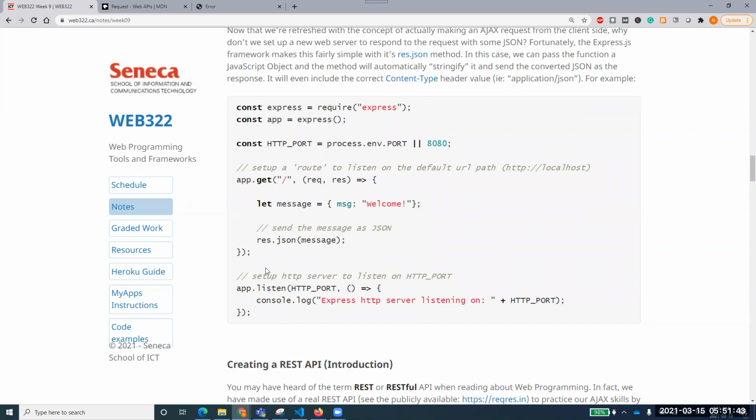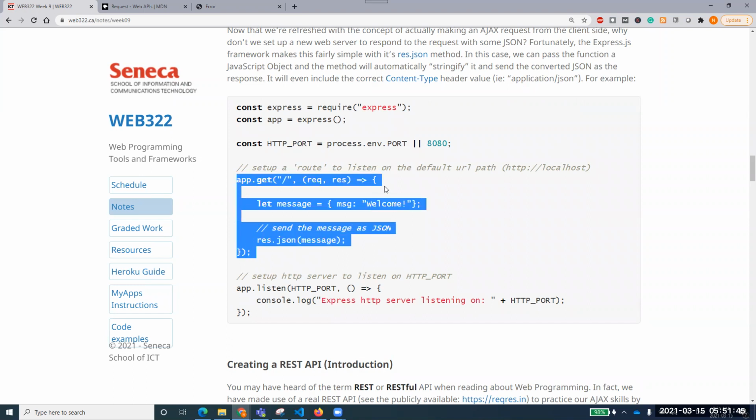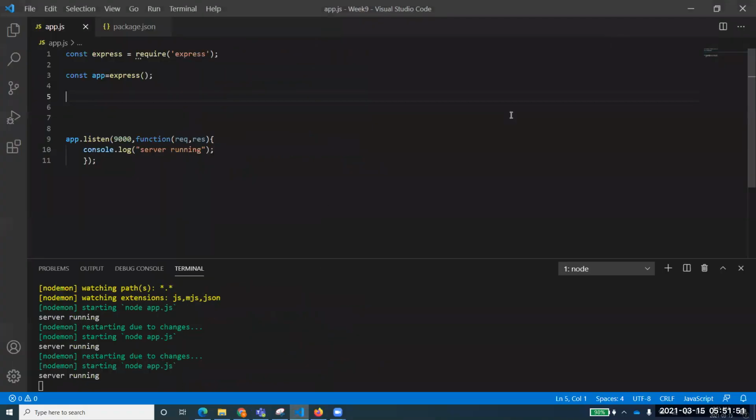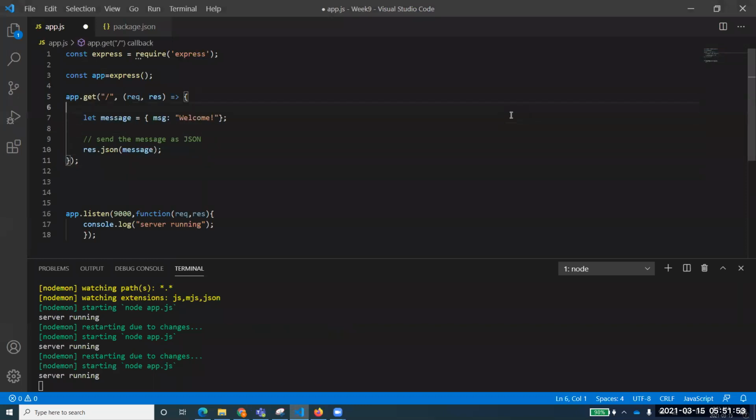You see here, I have a server running at 9000. I've just set up all these things, and if you want to check that, I hope you will have that also set up. As I said, I've set up the server, and this is running at 9000. Let me show you this running at 9000.